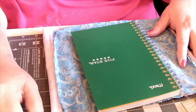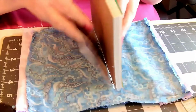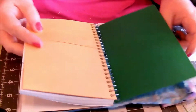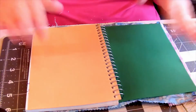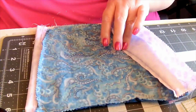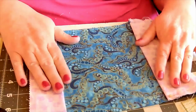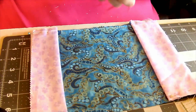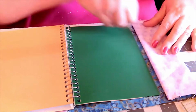Leftover. I found some leftover fabric in my stash and I laid my little book out on that fabric and I cut it wide enough. Now, I didn't have one that was wide enough to do the fold over into the inside covers, so I improvised and added some other fabric on the side. And then I have taken my fabric and I need to iron it, but it's okay. I took my fabric and I laid everything down,